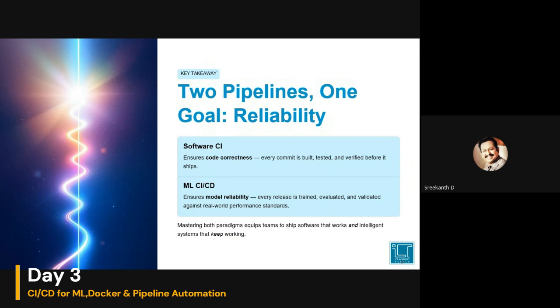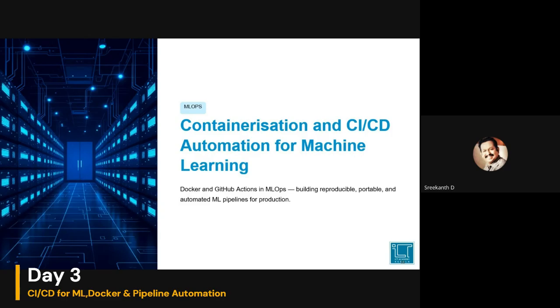Environment consistency is also important because, see, in software we are not at all dealing with the intelligent engine there, right? So then we have to say that the environment consistency also matters, right? Another important point. So as of now, we have completed the basics, like what is the necessity, what are the types of CI/CD available, all those details, and how it differs in the machine learning environment.